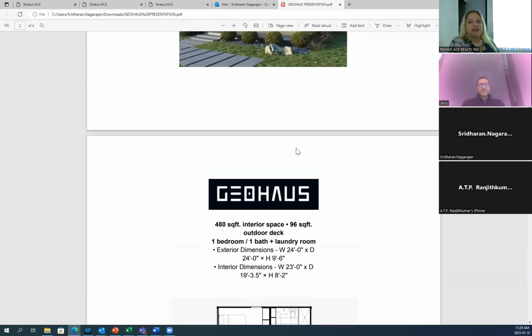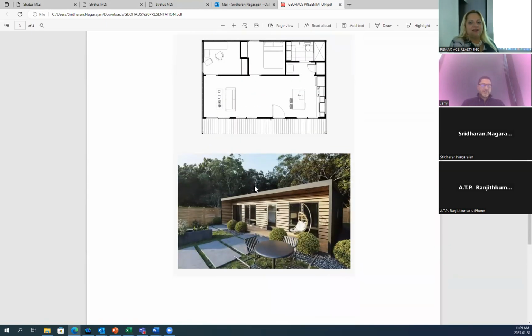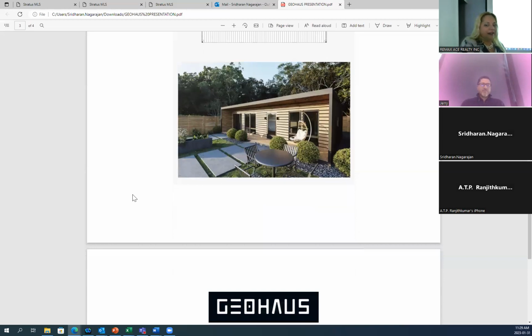What kind of warranty do you have on the product? We're doing a standard 2-year warranty and then a 7-year structural warranty. We have to build these to CSA standards, so for any type of financing...